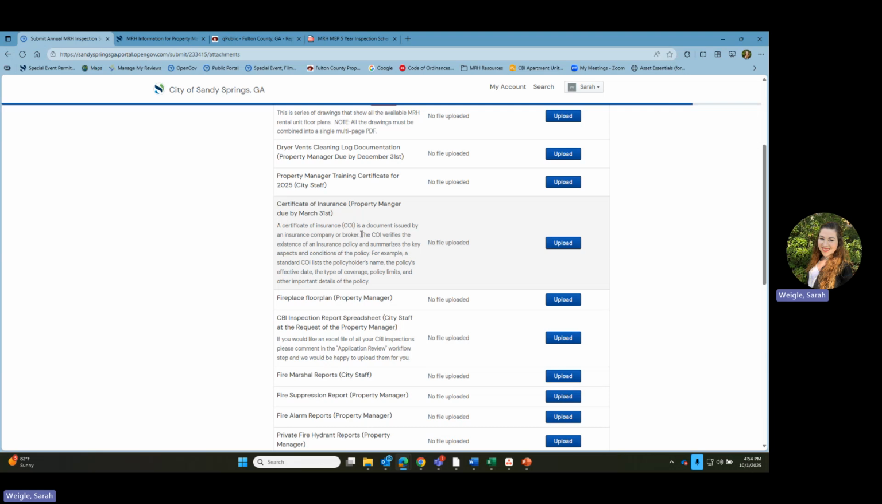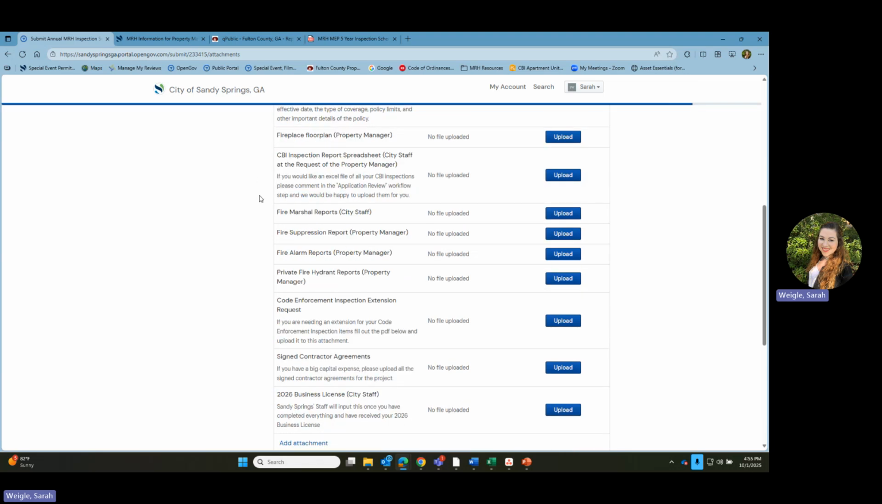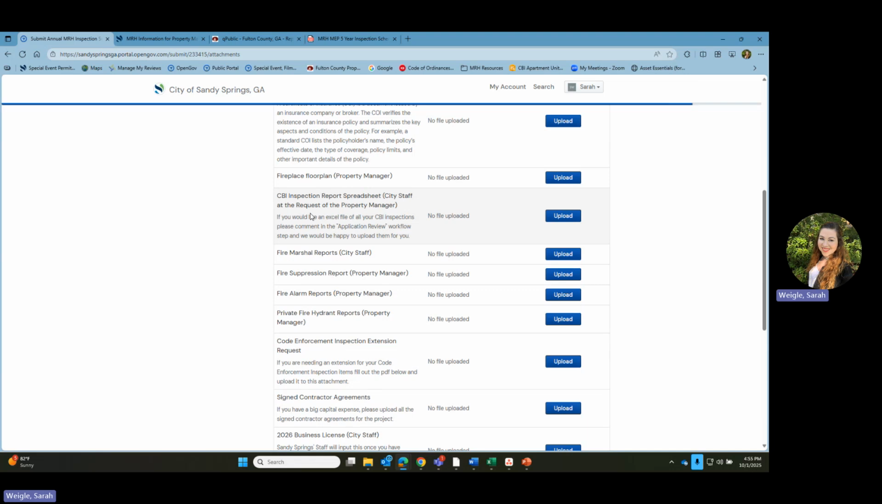This will go your insurance that you will put in there. This is due by March 31st. If you have fireplaces, here's a floor plan. You can upload that instead of listing everything out. The CBI inspection report spreadsheet, if you would like to have all your different CBI inspections in